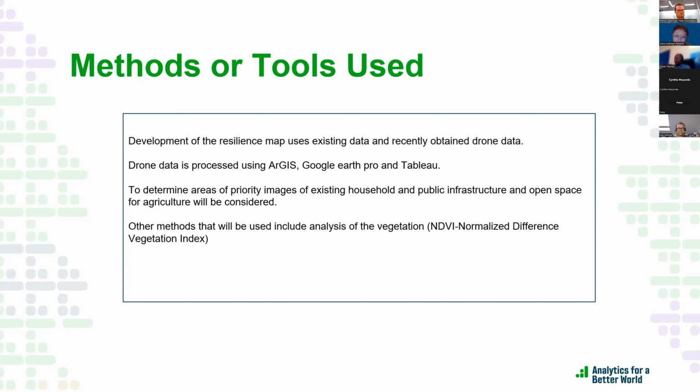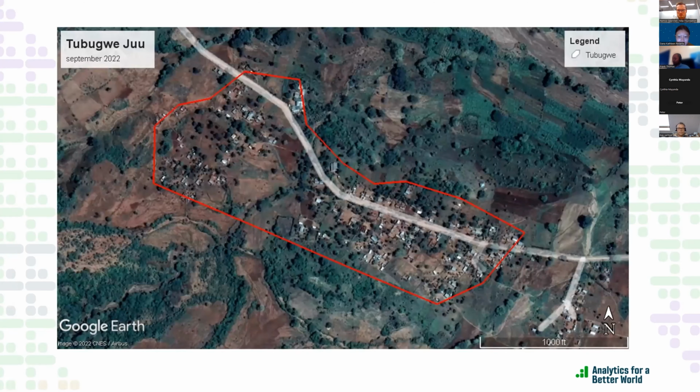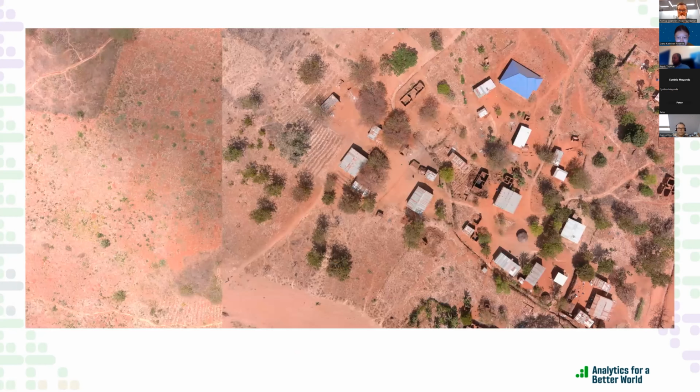We were looking also at houses that are already existing in the areas, so that we can start. To do that, we did a scoping mission, a quick one in 2 weeks, and the project was able to start with existing funds. And these are the pictures from Google Earth, and these are the pictures from drones to show you the villages,